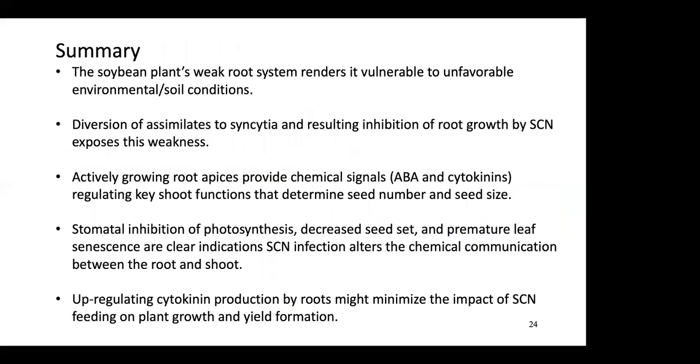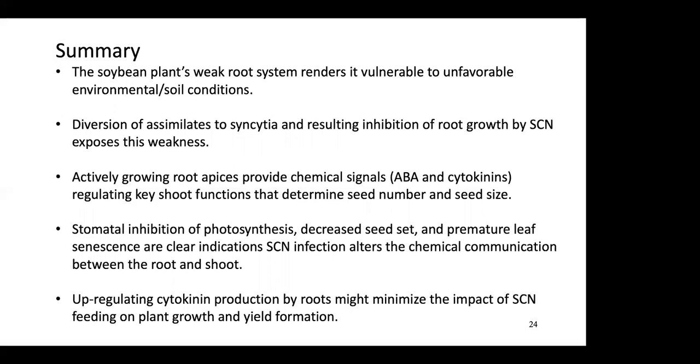All right, well, just to wrap it up, we were skimming quite a bit. But I think I tried to focus on a few things that we know are critical. And even if we don't have perfect resistance available to us, there may be ways to modify the plants we have available to improve their resistance. But the problem centers around the fact that the plants have a pretty weak root system. It's probably not the right word to use, but it's a general word that just renders it vulnerable to difficult conditions. If that weakness is exaggerated,